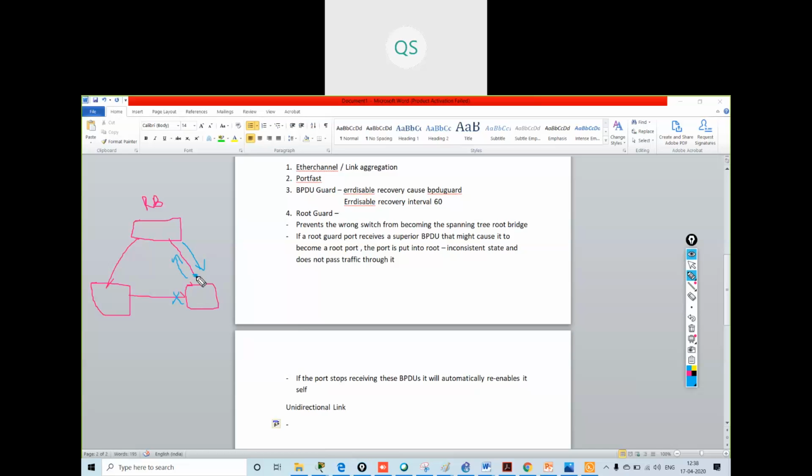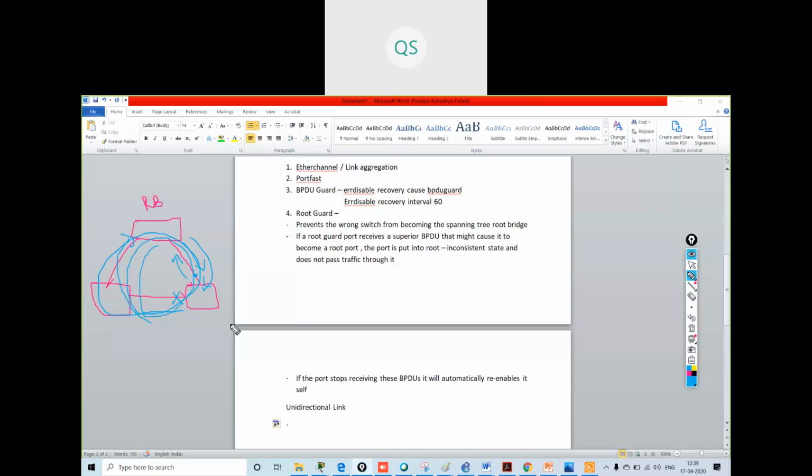In this scenario, if BPDU messages are not sent, then it will run spanning tree and switch this port up. Now what will be the consequences if this port came up? It will send the messages over here, it will reach over here, and again it is coming over here. So you are forming a loop over here.